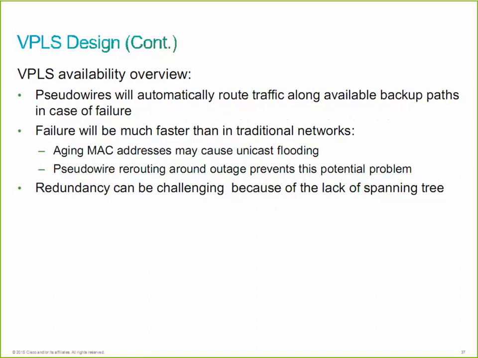If there's a failure in the P network, the traffic automatically gets rerouted along available backup paths in the P network because it's essentially a layer 2 network, okay? There is a cost for this fast failover, right? Having redundant pseudo wires, and if those redundant pseudo wires are used